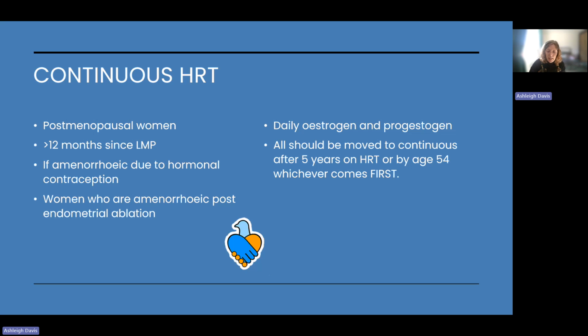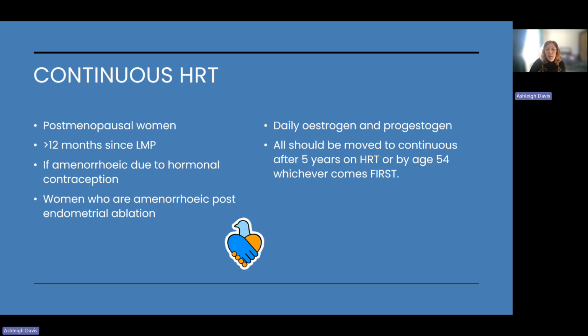So continuous HRT for postmenopausal women, and that is defined as it has been more than 12 months since their last menstrual period. We can also use combined continuous HRT if they are not having a period due to the use of hormonal contraception, or because of post-endometrial ablation, they're not having bleeds. So this would be daily estrogen and